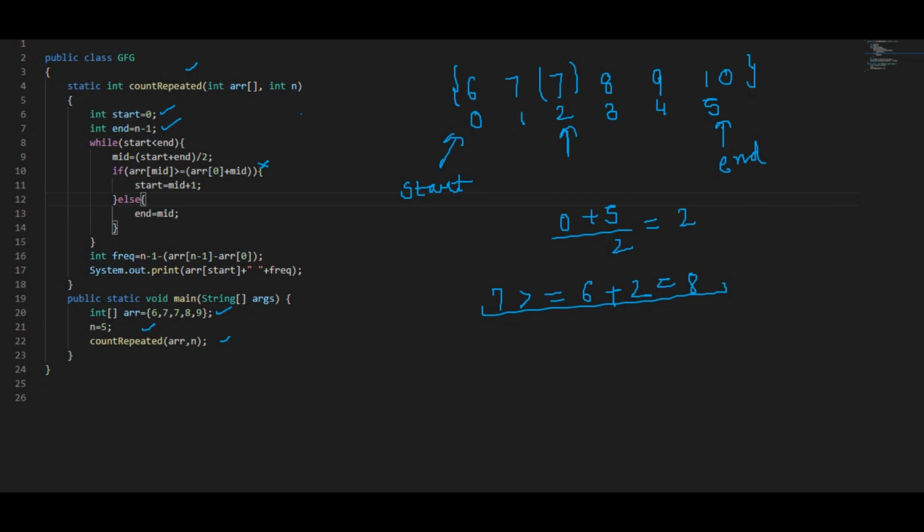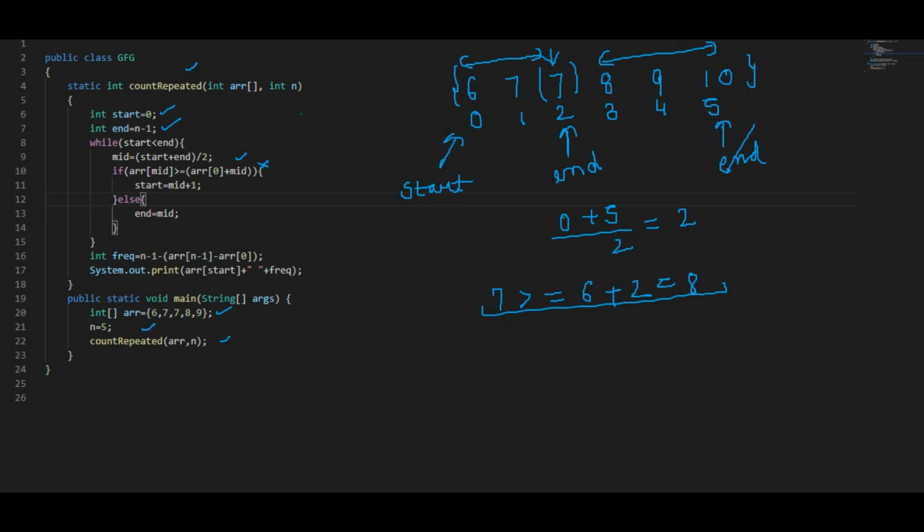So what we have to do is, now our end will not point to the last element, it will point to our mid element. Why has this happened? Because this condition is not satisfied, this element is not at its correct position, so we know that the answer is in the left part, not on the right part. So the right part is sorted and the elements are at their correct positions.